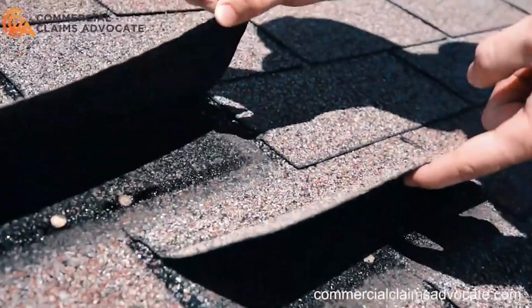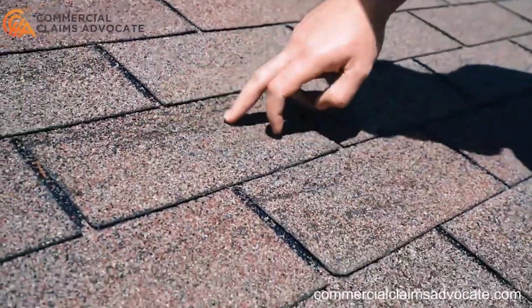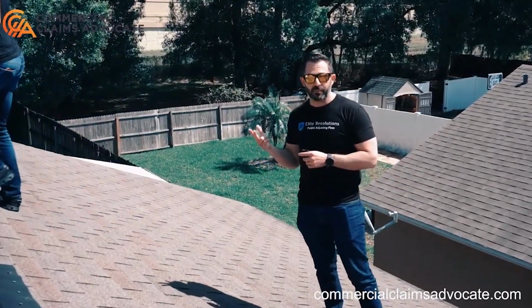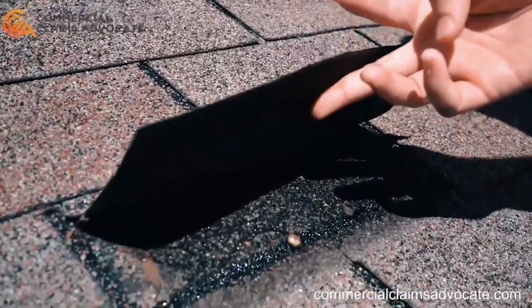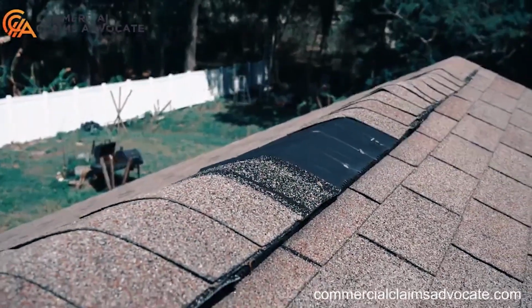You're going to want to take a look at the drip edge to see if it's on top of or below the gutters. There are a lot of little things to look at, which is why you take over 100 photos on a normal residential job. Look at the starter shingles, try to lift them up so you can see the kind of underlayment, check the drip edge, and measure your gutter while you're up there. These are standard practice procedures that the insurance companies use, and that we've used for a little while now